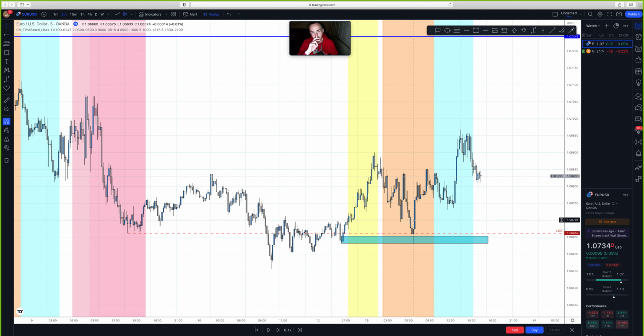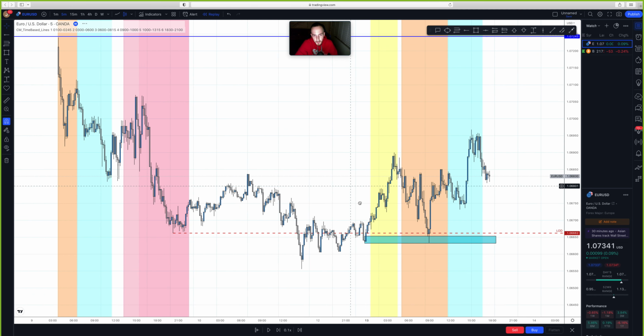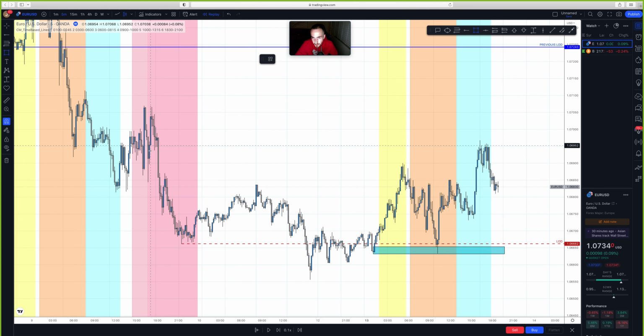Notice how they go hand in hand. Very accurate supply and demand zone, and the highs and lows of days. So notice how price used this area here to continue the bullish movement. But I want you guys to notice this. Notice the supply right here that we have on M5.